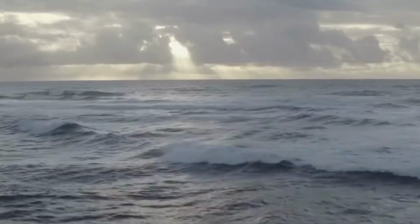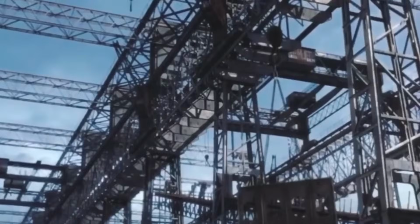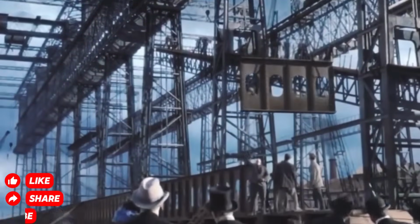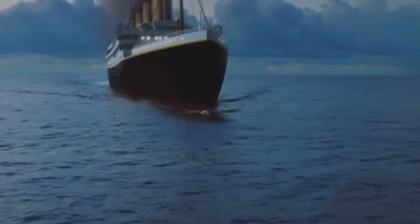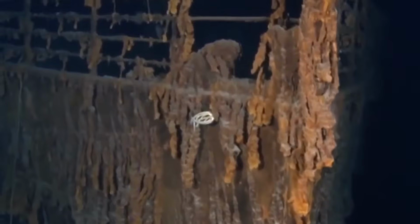Since the first underwater photos were taken, a lot has already changed. Railings have vanished, ceilings have collapsed, details have eroded. What once seemed frozen in time is now fading faster than anyone expected, piece by piece dissolving into the darkness. Each missing detail is a reminder that the Titanic is not just a wreck, it's a slowly disappearing chapter of history. That's why so many expeditions are working to capture images, videos, and 3D scans before the ocean erases what's left forever. It's our way of preserving the